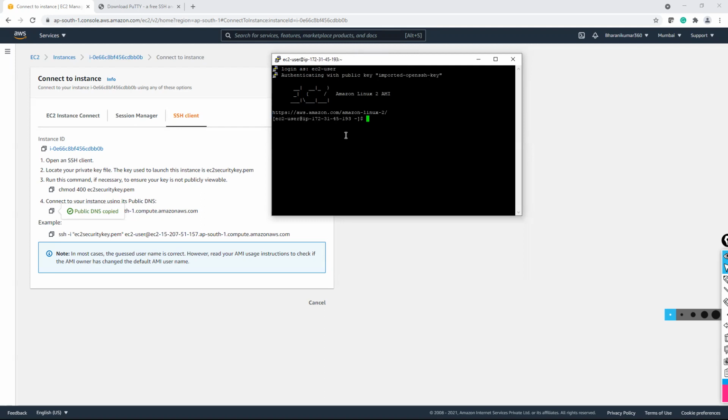Yes, and you'll get this. Yeah, I got that. Now you are connected to your EC2 instance, and this is your private IP, 172.31.45.193. This is not your public IP, this is your instance's private IP. You have to get this, guys. Yes, I got it. Okay, and others. Shravani got it. Ipsita got it.